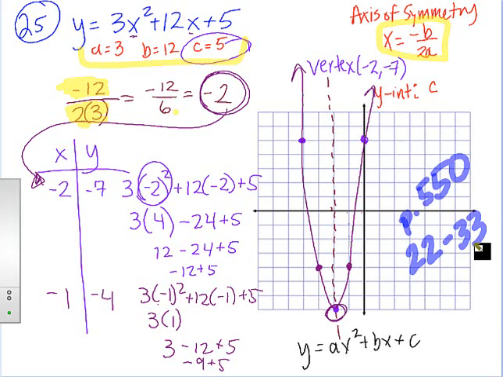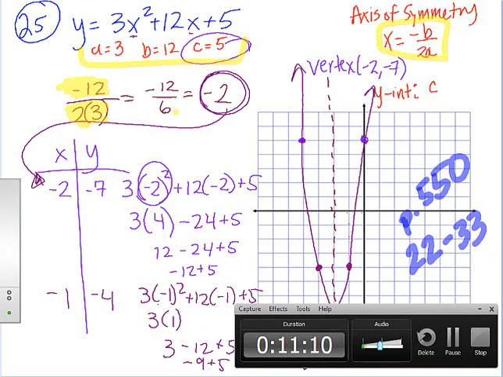Yeah, I can keep this up. I'm just going to hit stop so it doesn't record the whole